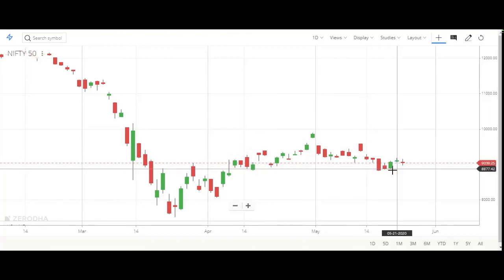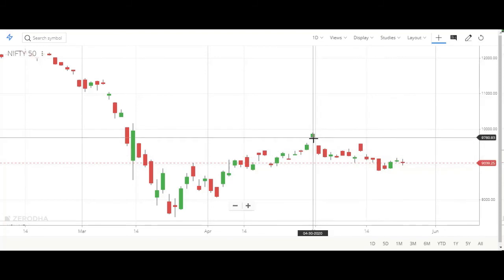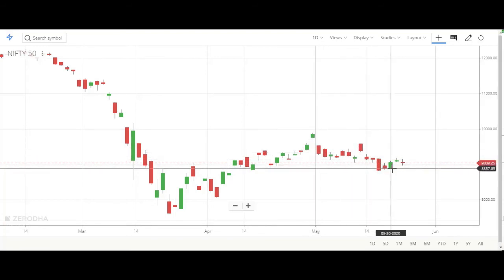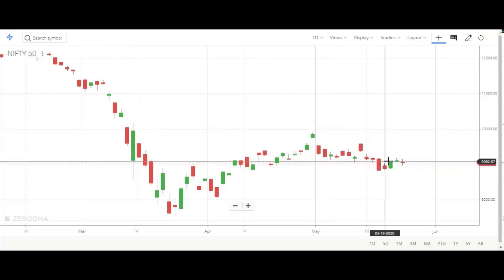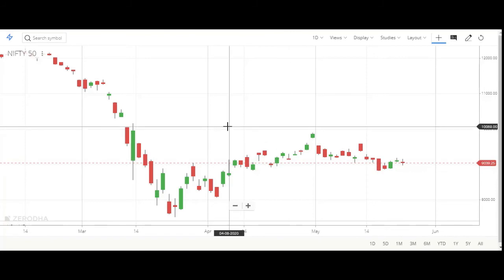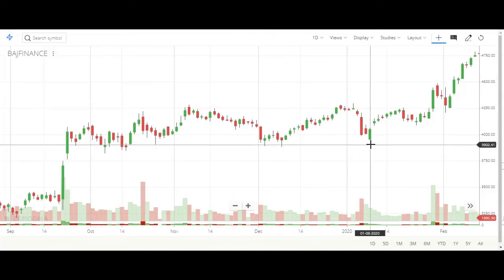Okay, and also you don't need to look at the prior trend if there is a bullish Marubozu. Even if the bullish Marubozu candle happens in a sideways, downward or upward trend, you can always treat it as a valid bullish candle, and you can always enter the trade. Okay, I will show you one more trade.